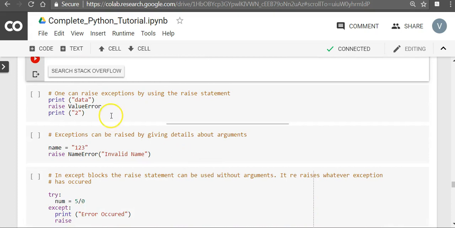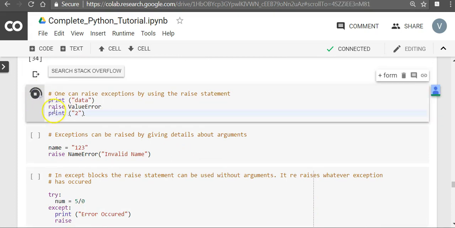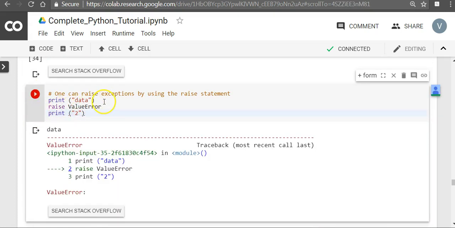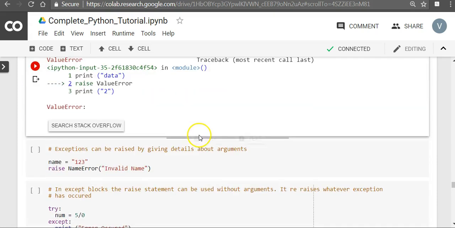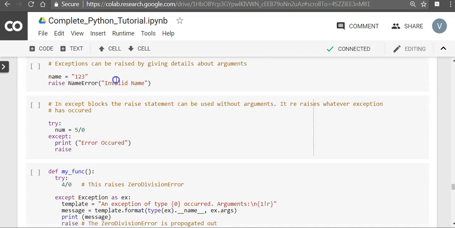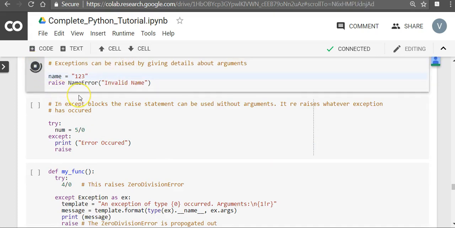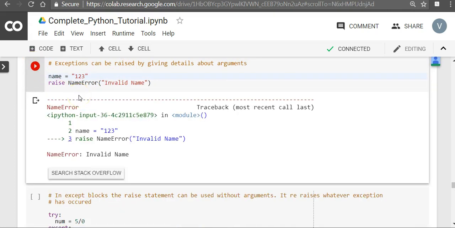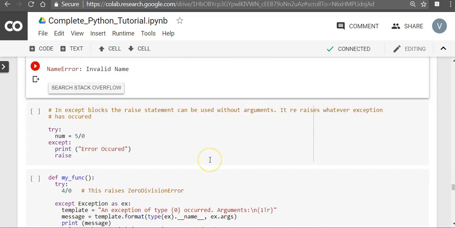And one can raise exceptions in our code using the raise statement. So raise value error, right? And it is going to raise the exception. You can also pass parameters to it, so that the code which catches it actually gets a more descriptive message. So for example, now here,